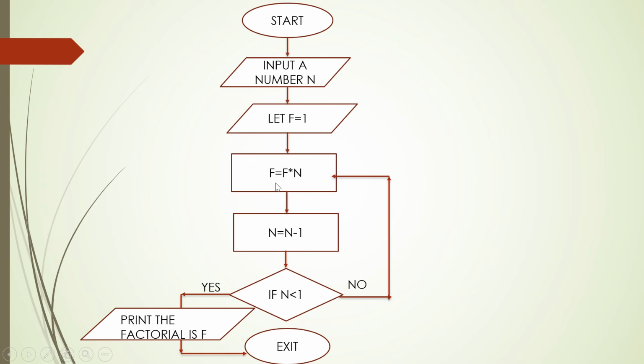फिर हम क्या करेंगे, f इक्वल्स टू, इस बार f का वैल्यू ऑलरेडी 5 है, क्योंकि हम पहले बार f को 5 असाइन कर दिए थे, 5 into 1 किए थे। हम इस बार 5 into 4 कर दे रहे हैं, क्योंकि n का वैल्यू 1 से रिड्यूस हो गया था। फिर ये नीचे जाएगा, n का जो वैल्यू होगा वो n minus 1 हो जाएगा। तो n का पहले का वैल्यू 4 था, तो 4 minus 1 हो जाएगा, 3 हो जाएगा।